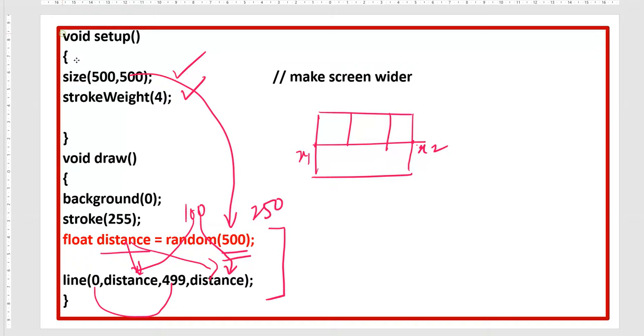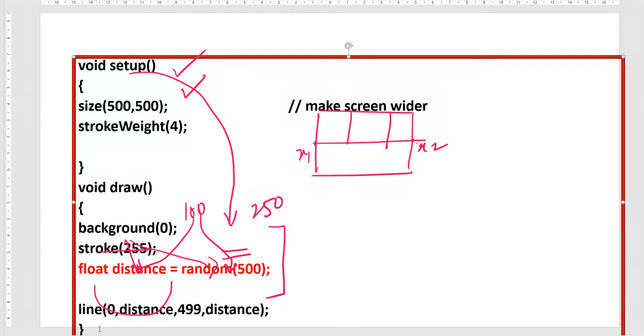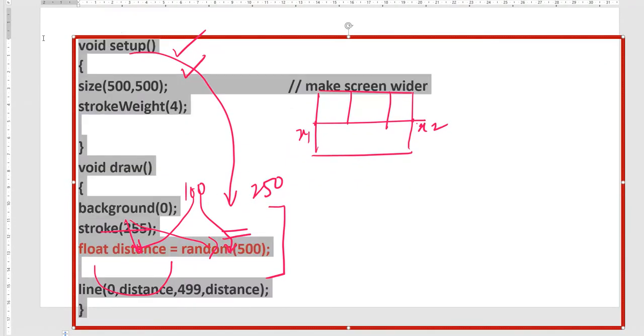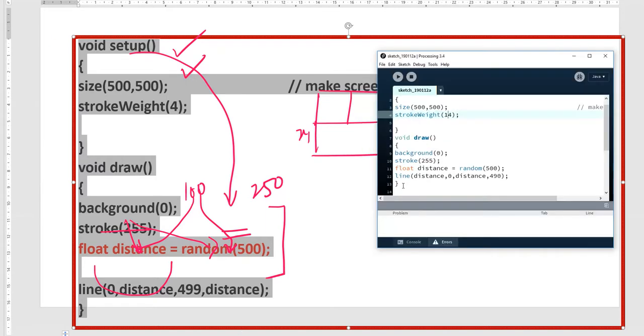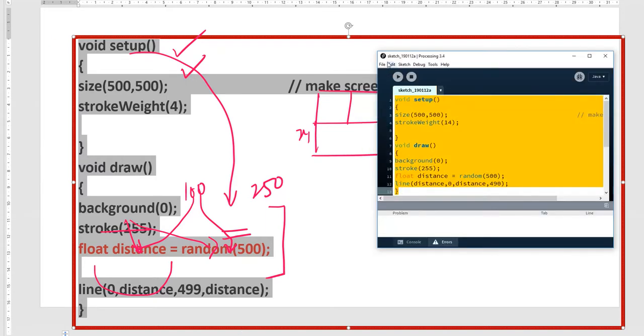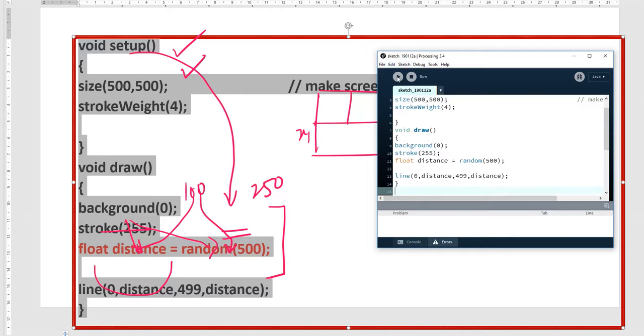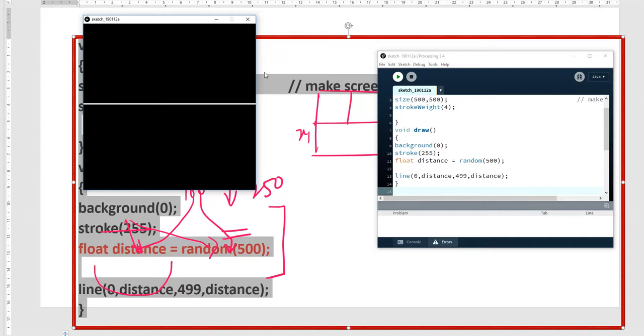I will run this program for you and then you will see that we have horizontal lines. In the last lesson these lines were not horizontal because we used random.